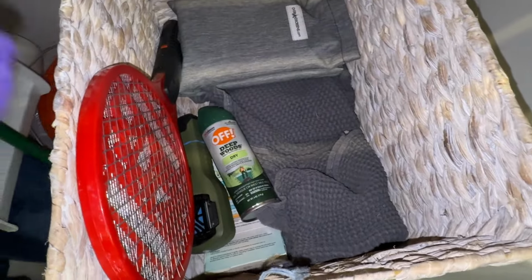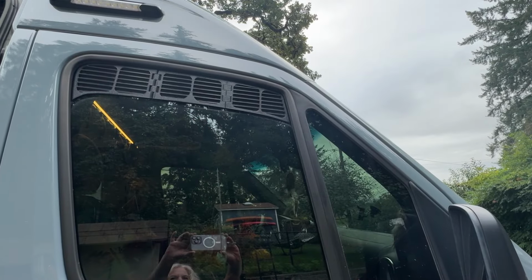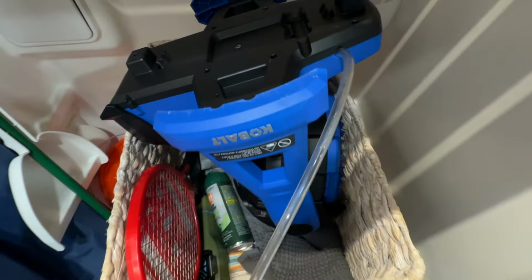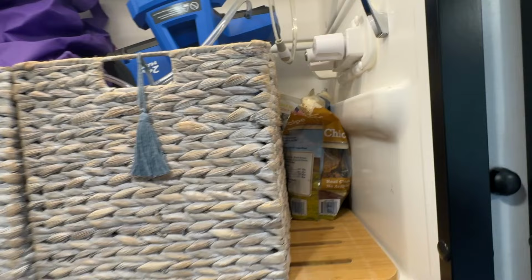shopping bags, mosquito deterrents, and these front window vents that I bought, and they are great on a hot summer's day. We have room for some other miscellaneous stuff too, like our fans. With these two baskets, we still have space on the side to keep our dog food and some dog treats